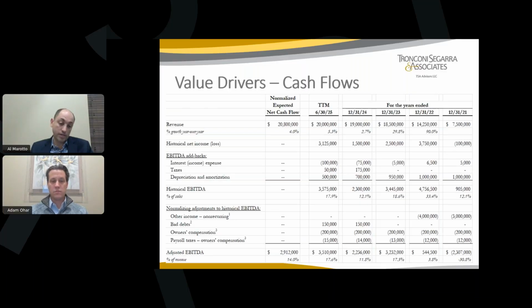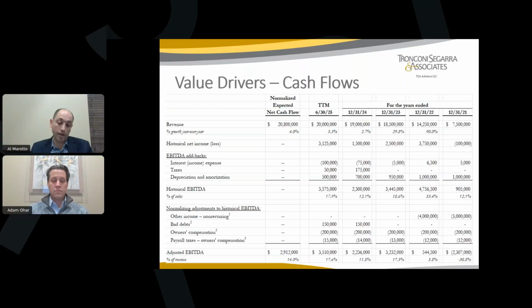So you'll see there we had pretty significant non-recurring income that we removed from the historical EBITDA, and those were all PPP and ERTC proceeds. We removed bad debt from one customer because it was an anomalous occurrence. It was a one-time thing where the customer didn't pay, but if you looked at their history and trends from the previous 4 or 5 years, their bad debt expense was really never that high or non-existent. A lot of times you may keep bad debt expense in there if it's recurring and normal, and we see it every year, but in this case it wasn't, so we pull it out.